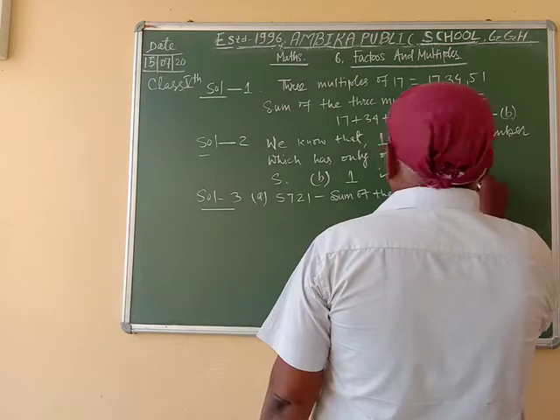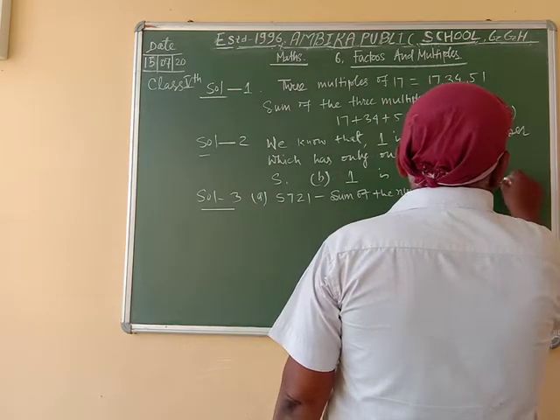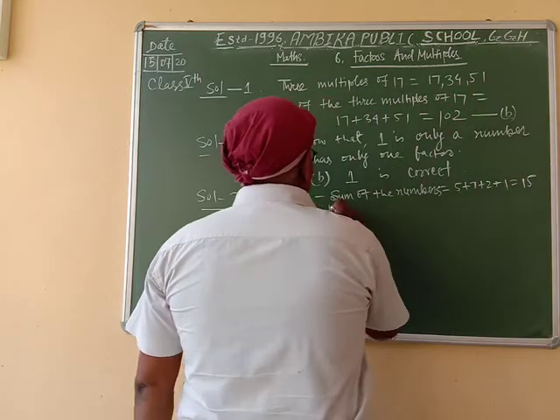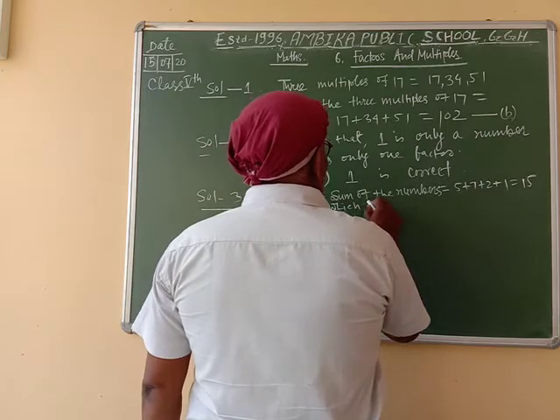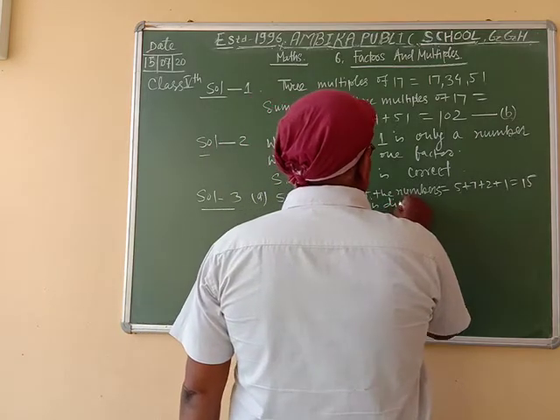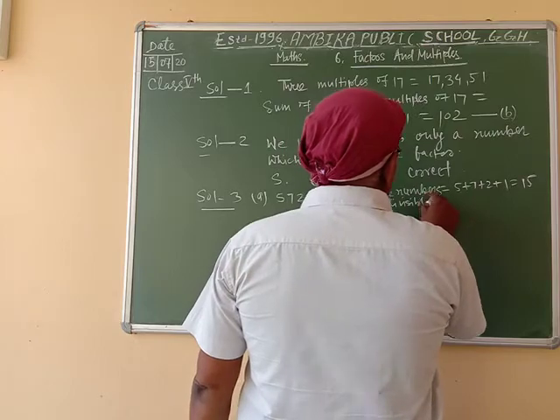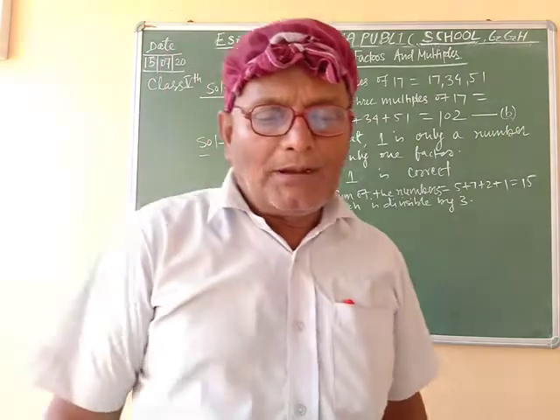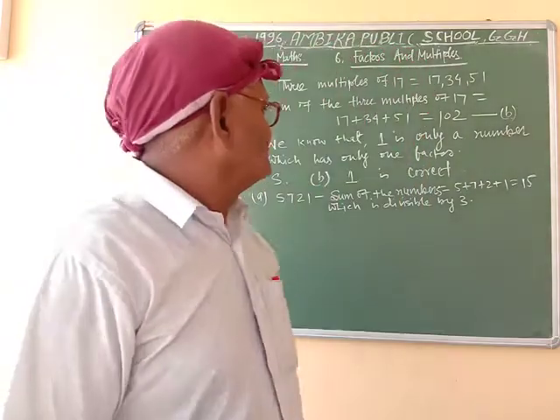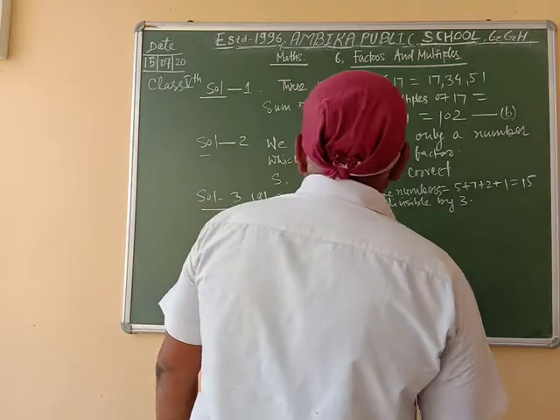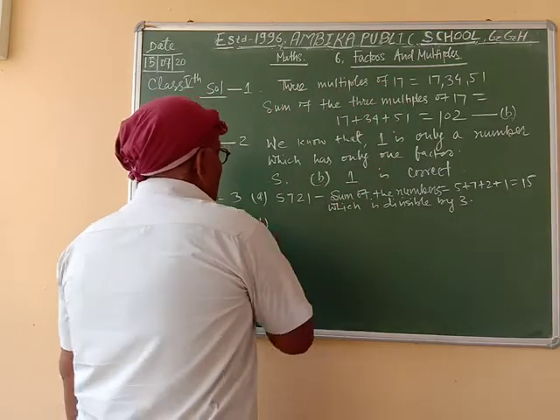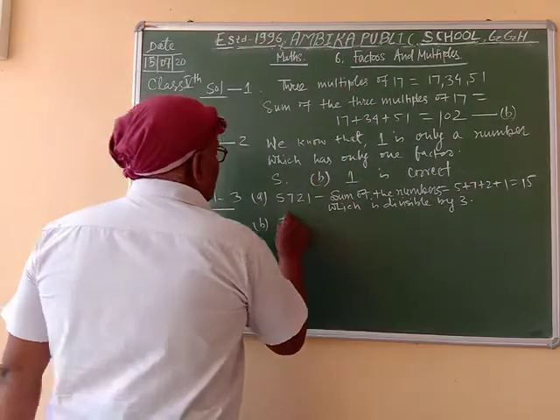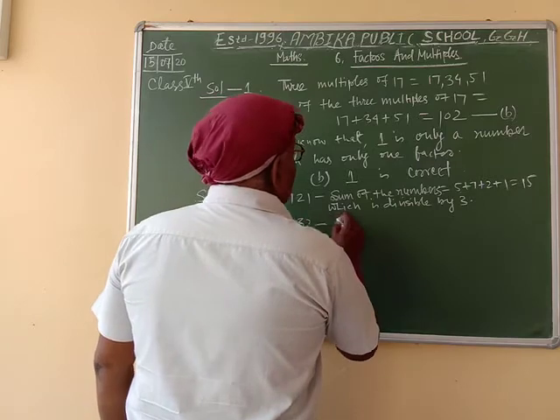5 plus 7 plus 2 plus 1 is equal to 15, which is divisible by 3. But we are asked which is not divisible by 3. In B, the number is 7032. Sum of the digits